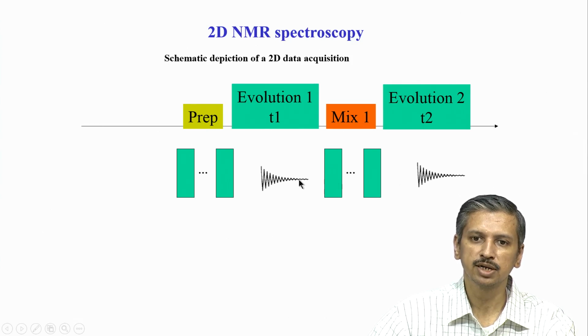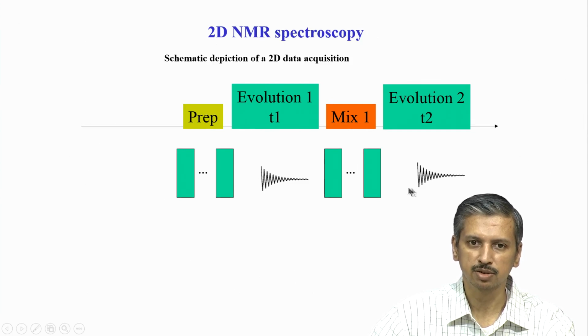So, if you have 1000 points here and 1000 points here, the 1000 points here will take probably 100 milliseconds, but for every point here you have to record the entire FID. Let us say this whole cycle takes about 2 to 3 seconds; then if I have to record 1000 points, I have to wait 1000 times 3 seconds, because each point takes the entire cycle, say 5 seconds. I have to come back, increase this point, go back, record the full FID, again come back, and so on. So the measurement time goes up very fast if I have to record the full FID.